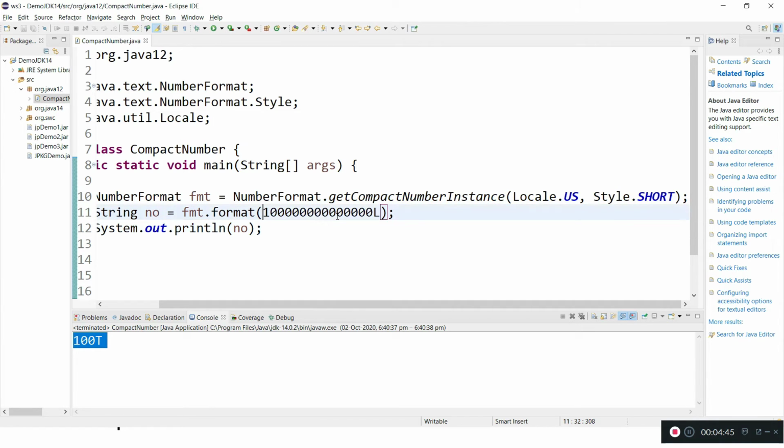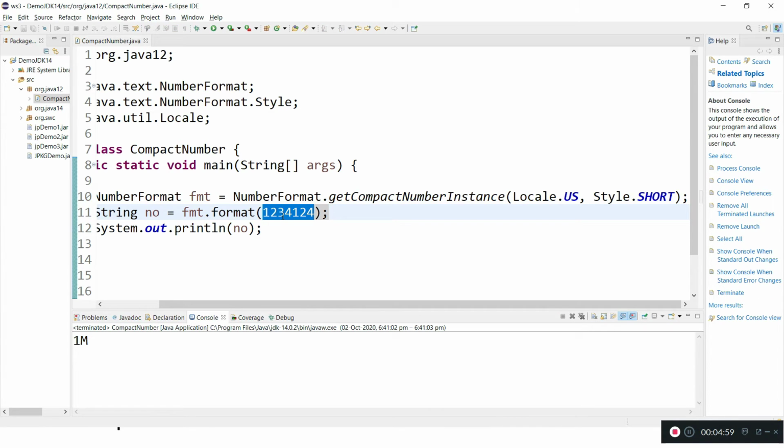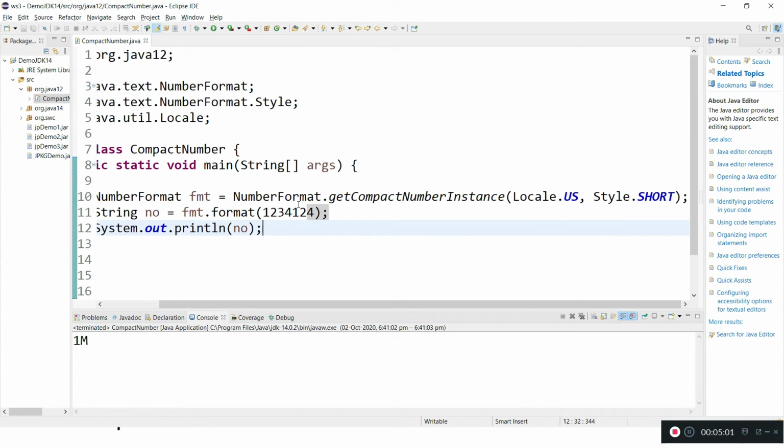And one more thing, if you give any number, it will take the floor or ceil of the nearest thousands. Let me run this one. See, this is saying 1 million. For better understanding I am giving 19999. This refers to 1K in short.